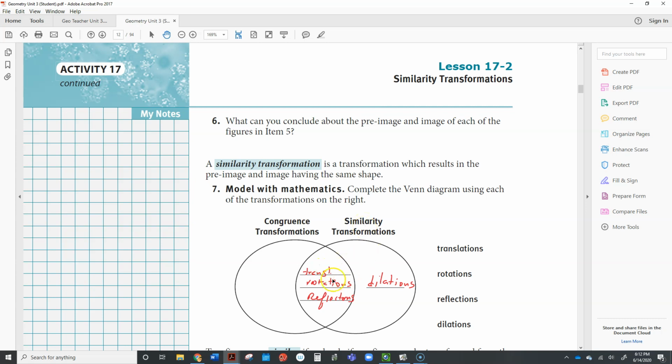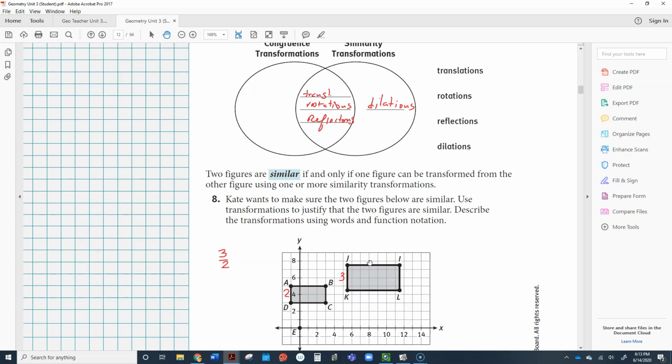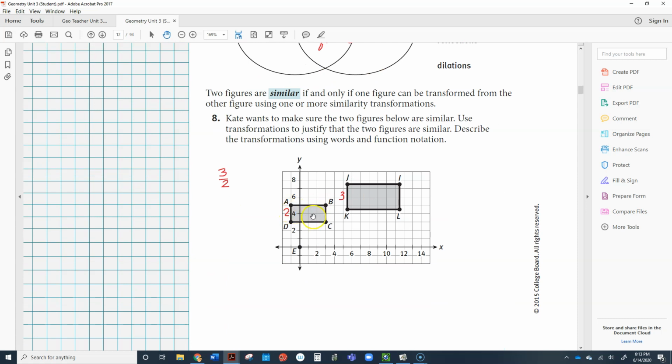Okay, the translations, the rotations, and the reflections, even though they maintain size, they don't change size, it is still considered similar because their scale factor is just a 1. Dilations are the only one that is a change in size. These are rigid motions, this is non-rigid motion, and there is a change in size, but yet it still maintains similarity. And the scale factor is the key there, and we found it right down here on this one, when we found the scale factor to see